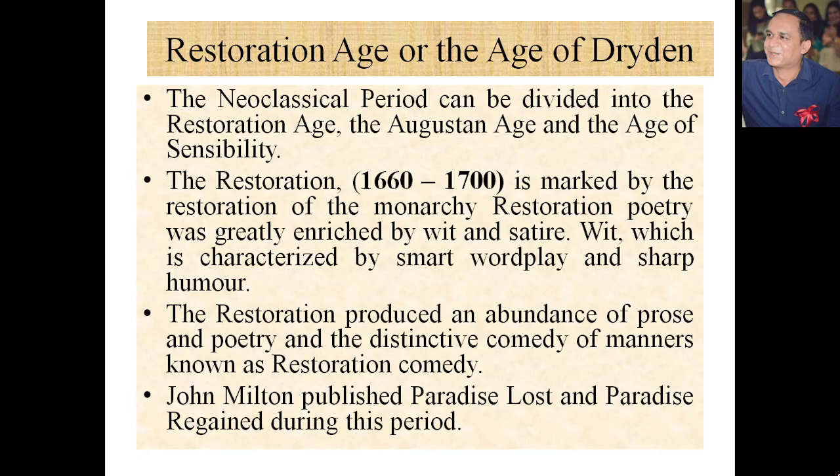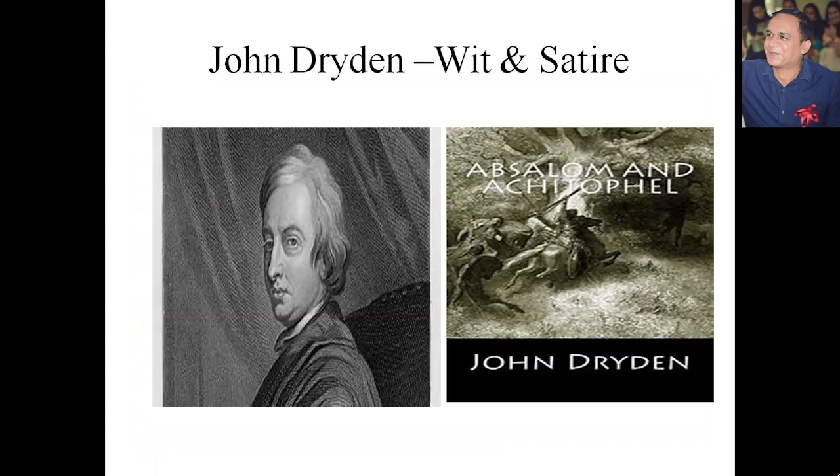And this was a great age of criticism, because John Dryden had written a wonderful piece of criticism, right, which you will be studying in another paper, another course. So this is John Dryden and the use of wit and satire. John Dryden wrote Absalom and Achitophel. Okay, which we'll be covering,